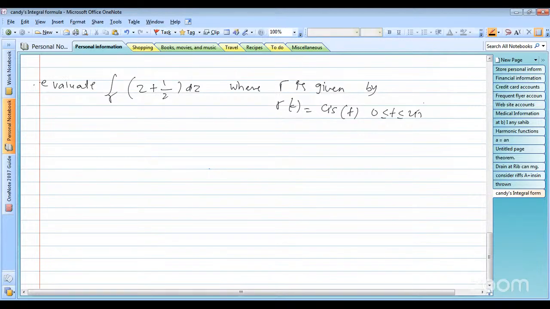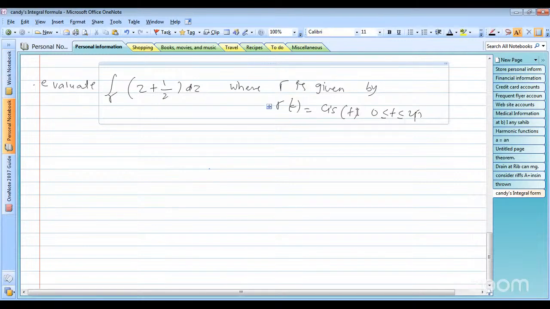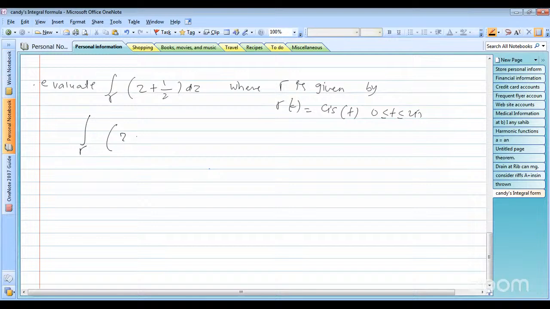So the integration over gamma of (z plus 1 by z) dz is equal to the integration of z dz